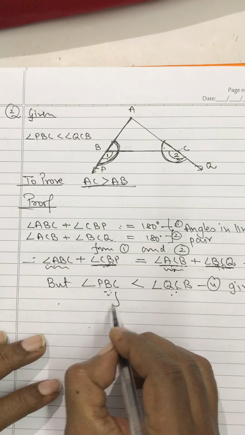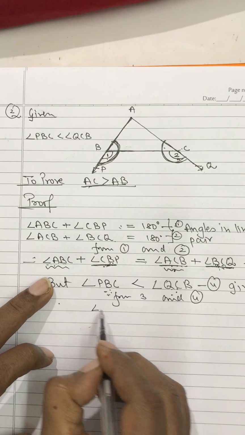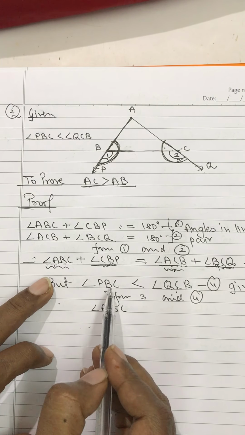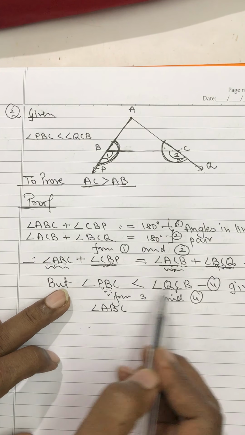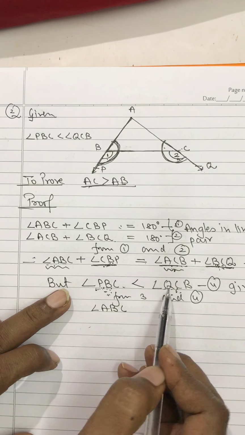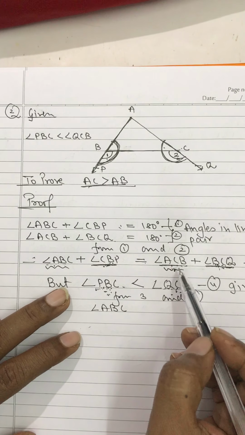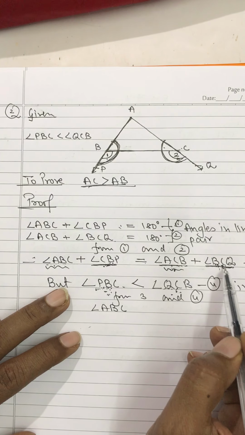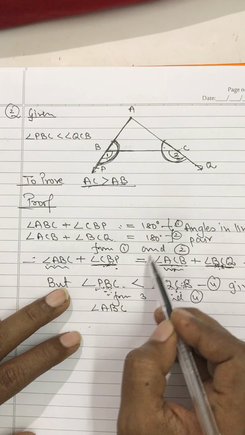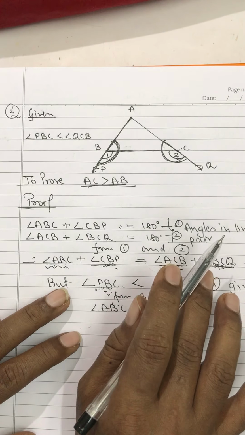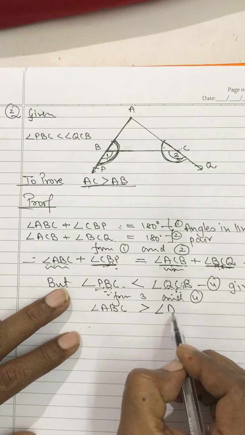Definitely from 3 and 4, we get that angle ABC, see, this is smaller. This has become equal. This just went and could become equal to this. Why could this smaller become equal to this? Because this ABC has been greater. At the same time, why has this greater, which was actually greater over here, become equal? Because the one who came and met him was actually smaller. So angle ABC has to be greater than angle ACB.